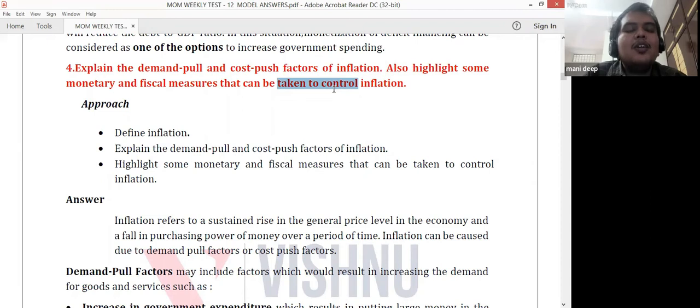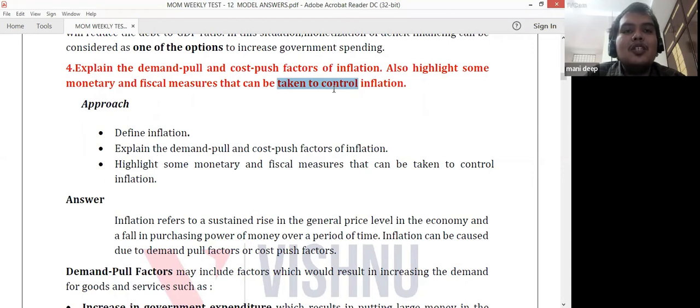For example, in cost push inflation, if the cost of factors of production has increased, say petrol prices have increased, then the transportation cost will increase. So the input cost of transportation increases, then the price of the product also increases. This is cost push inflation. Or for example, there are some laborers used in production who have gone on an indefinite strike, so the production will be halted. That is also cost push. Sometimes there will be a wage increase, and due to the wage increase, the final product price also increases.